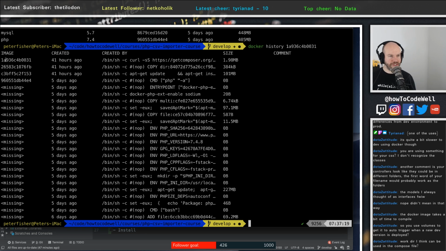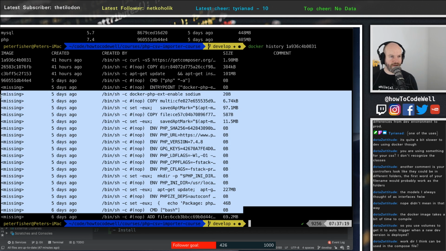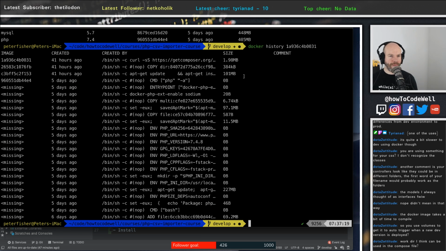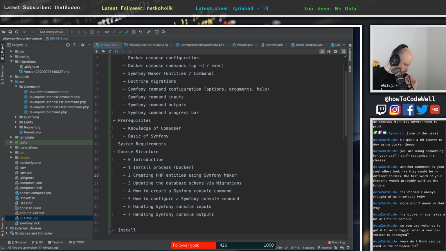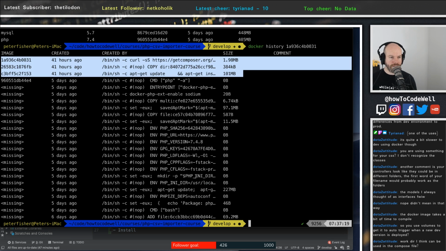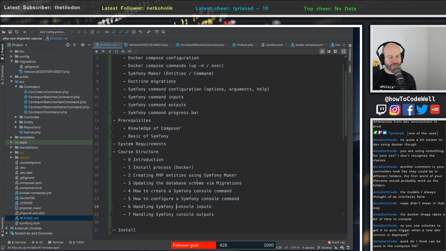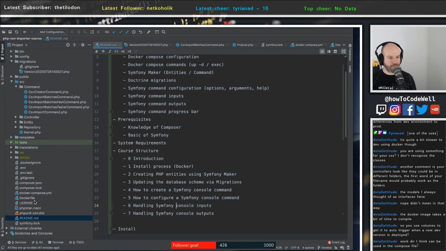So these are the image layers, and these get cached, right? Once the layers are built, they get stored on the system. Whenever a change is made, if it doesn't affect the layers beforehand, then those earlier layers will be used. So it's slow to start, and then it speeds up, depending, of course, on how you've laid out